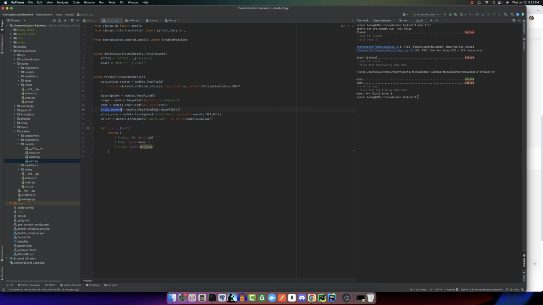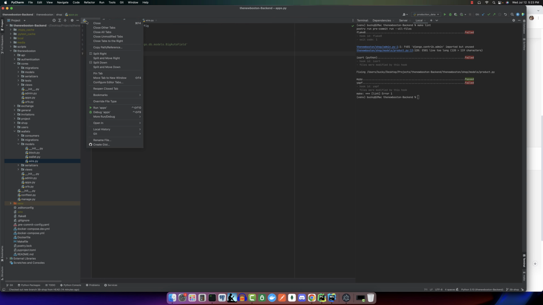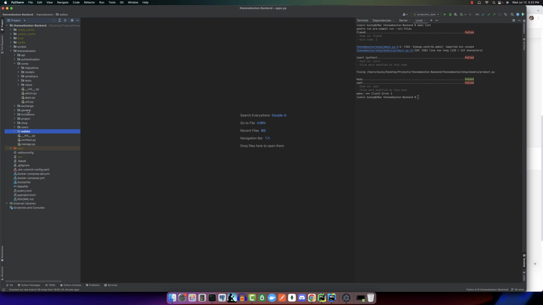So the price for this display, I'll say price amounts, and then I'll say the price core ticker. So as the string representation, it'll say like price 100 TNB or something like that. So now with this said, actually let's close all those and kind of just